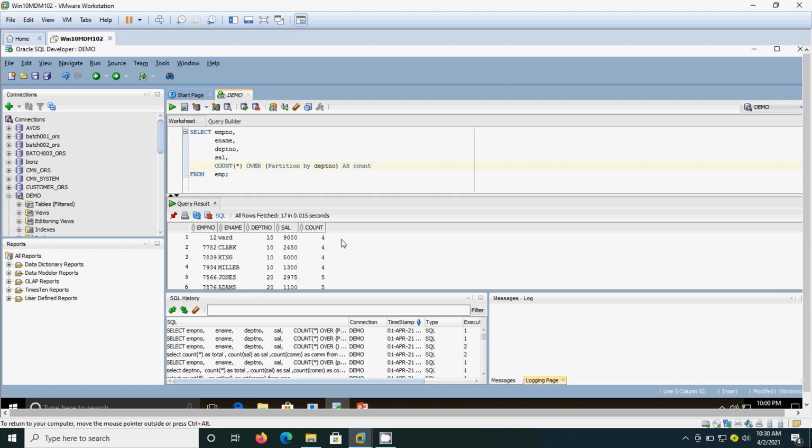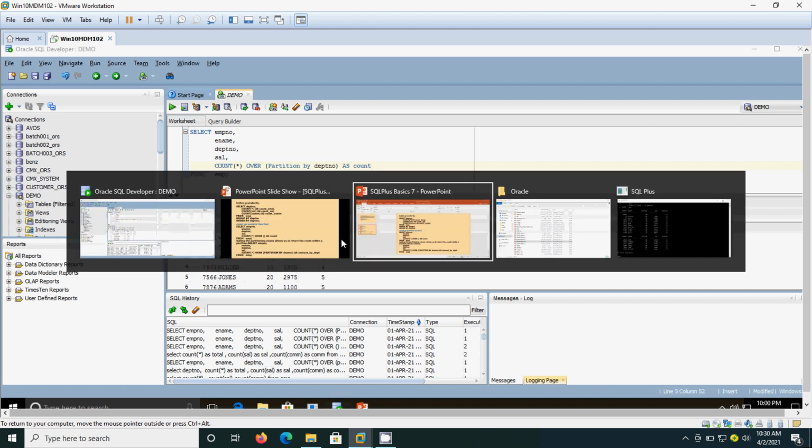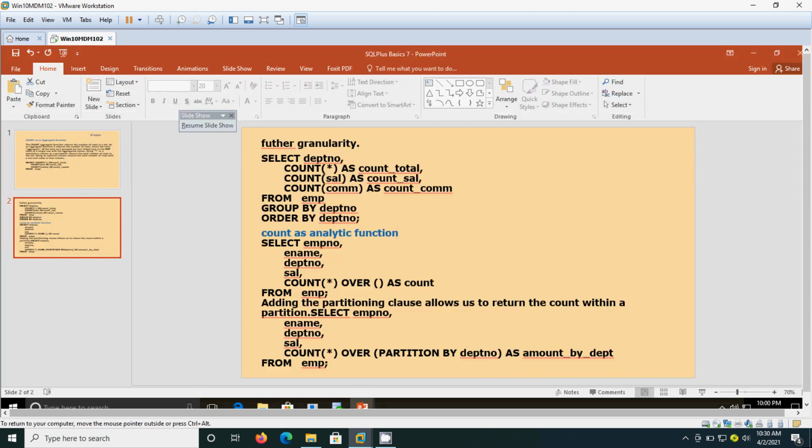In department 10, 4 persons are working, and we are getting that detailed report. Okay. Before that, aggregate means only one row is getting written. Here it is multiple rows. Okay. For each department, department wise details we are getting. Okay. So that is the significance of using partition by department number.